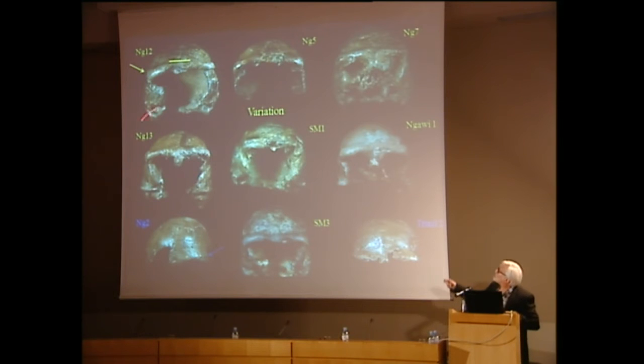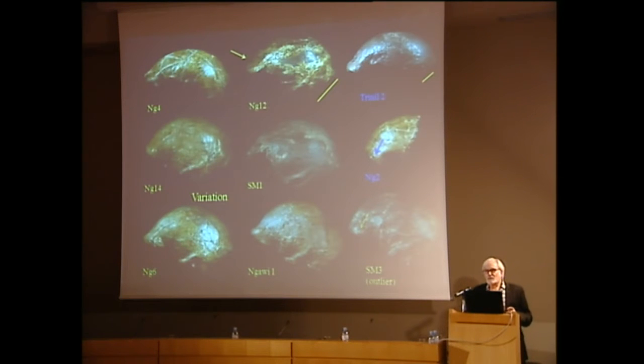And clearly, this bunch looks like one another. In other words, if I had this, I would predict that I would find another one that looked like that, if I thought this was a separate morph or whatever. And they differ distinctively from Trinil 2. The same thing when we look at them from the side. Indeed, there is a continuum from the supraorbital region to the frontal, but the plane is different.